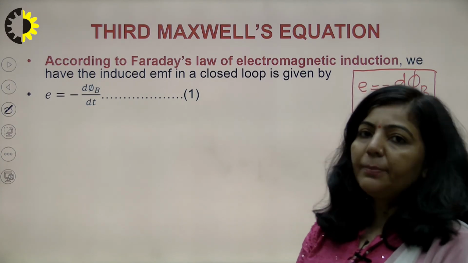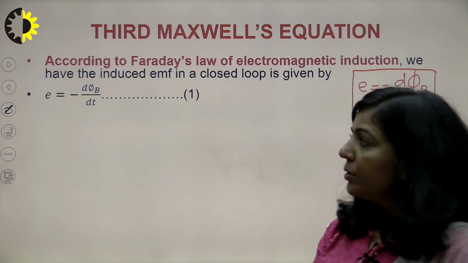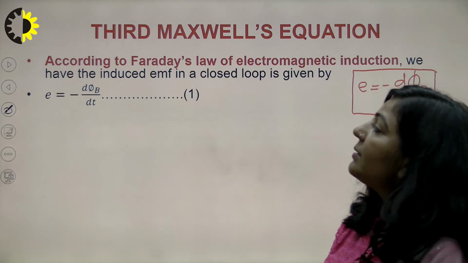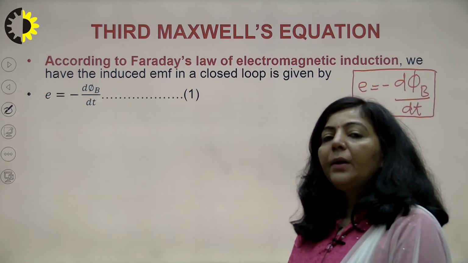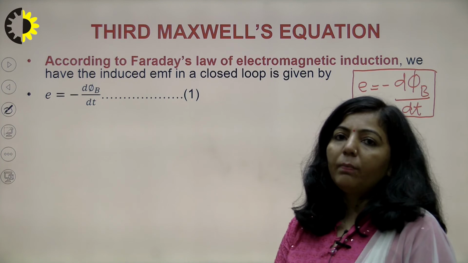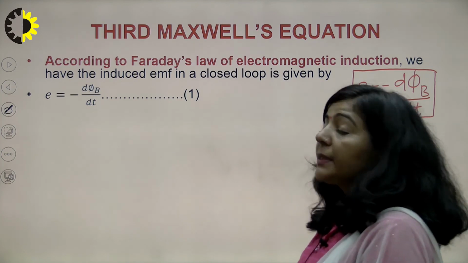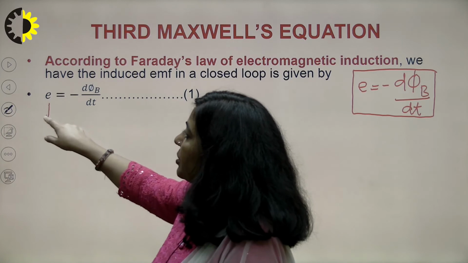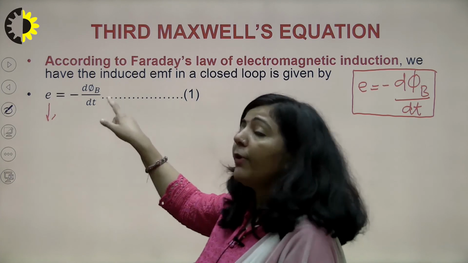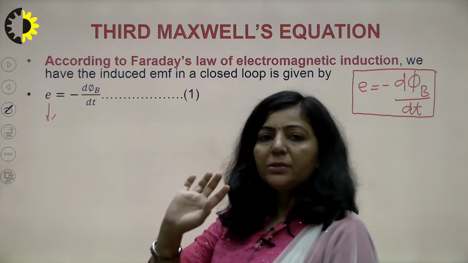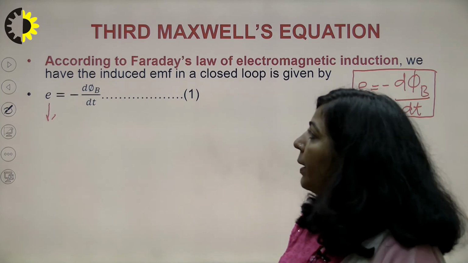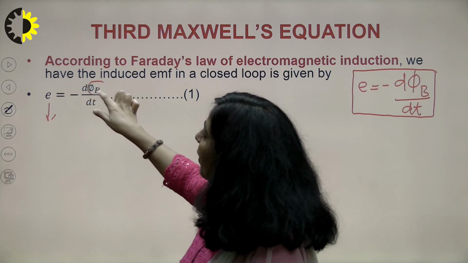So our first step is to write that law. You know what that law is, and you have written the mathematical form there: E is equal to minus d phi B by dt. Now the next step is to represent each and every term in integral form. So now our purpose is to represent this EMF, which is on the left hand side, in integral form, and minus d phi B by dt. This d by dt is an operator, so you cannot write that operator in any other form, but you have this term, magnetic flux, here.